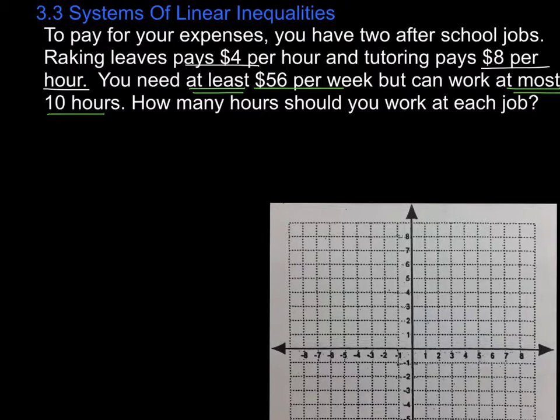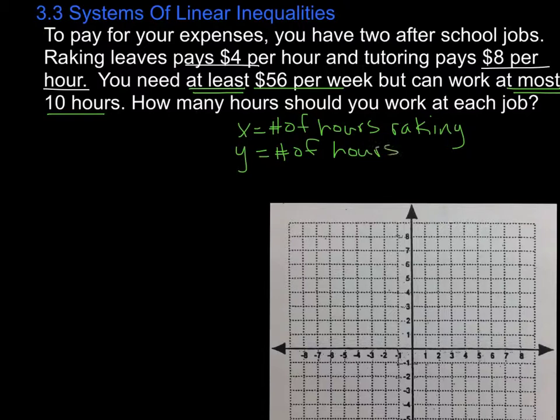So let's make a couple variables. Let's say that x is the number of hours raking, and y could be the number of hours tutoring. And again, I want to figure out what hours so that I make at least $56, but at most work 10 hours. So let's write a couple of inequalities for this, and we'll start with the hours because that one's